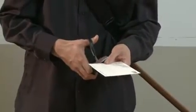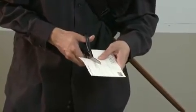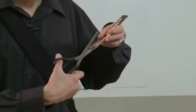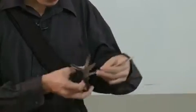So I'll get the scissors, cut along the lines. So I'll have 3 equal strips of cardboard. You want to do this as accurately as you can. The next thing you need to do is put the 3 pieces together. So you put your 3 pieces together like this, and use the scissors and cut a slit through the middle of all the pieces. You just want to cut a short slit,